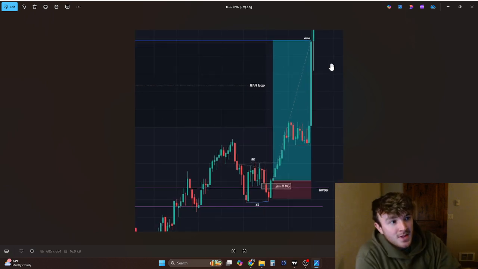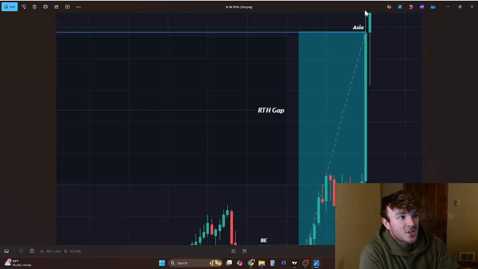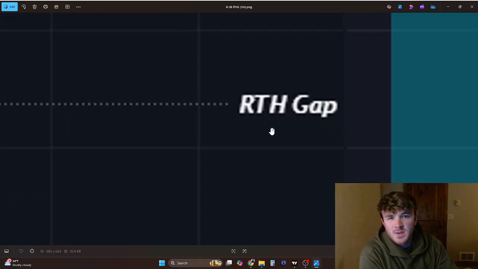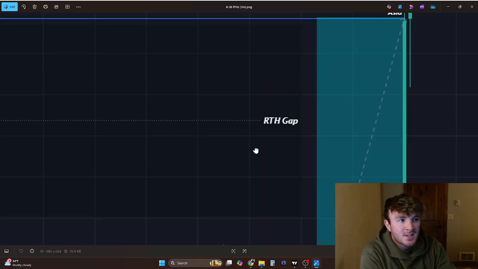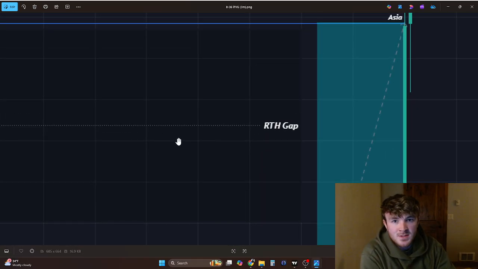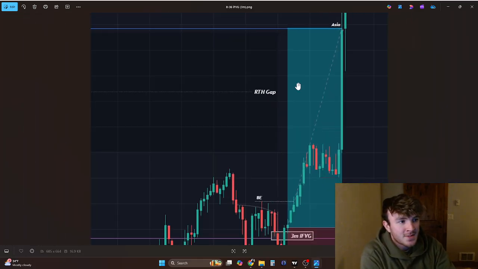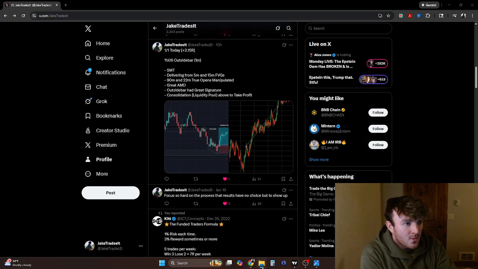So anyway, the cool thing about this is there was a session high, Asia high, at the high of the overnight gap. So if you guys don't know what this is, basically it's called the RTH gap, and what happens is these tend to get filled back in, and you can see that was the case right here at market open. We also had a market open trade